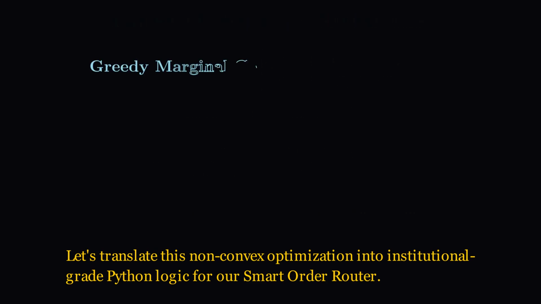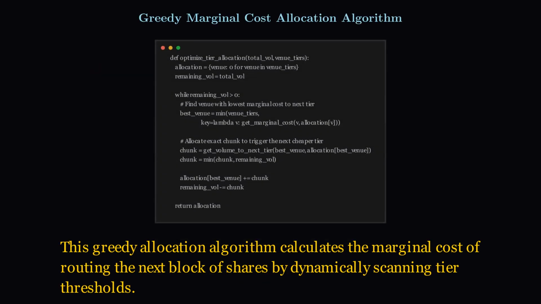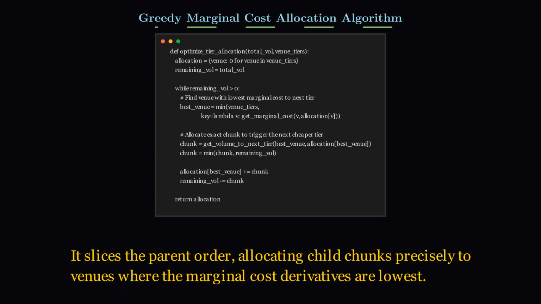Let's translate this non-convex optimization into institutional-grade Python logic for our smart order router. This greedy allocation algorithm calculates the marginal cost of routing the next block of shares by dynamically scanning tier thresholds. It slices the parent order,